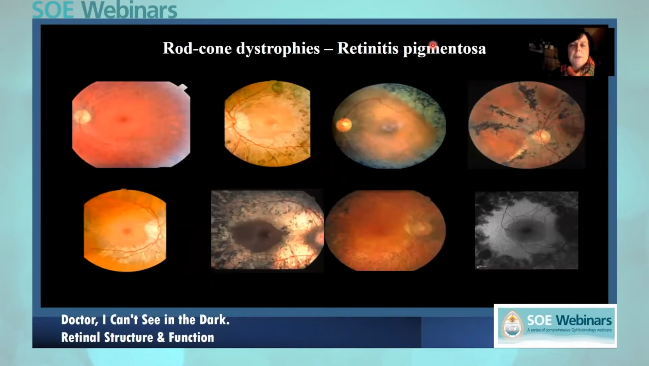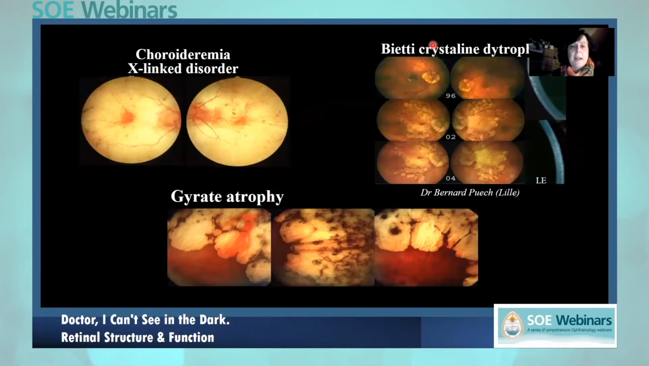The most common cause of dark adaptation problems with retinal degeneration are rod-cone dystrophies, also known as retinitis pigmentosa, where the fundus can be typical with a pale optic disc, narrow blood vessels, and pigmentary changes. However, these pigmentary changes can be missing, especially in early stages of the disease or in case of high myopia. There are associated